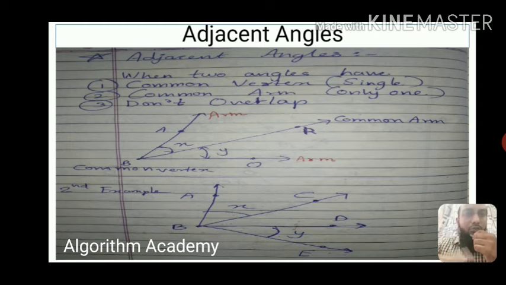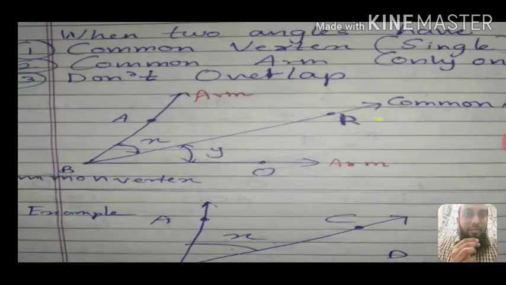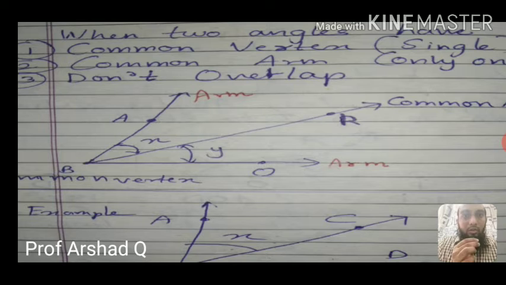एक दूसरे के आजू बाजू में है वो, और एक ही एंगल दो पार्ट में डिवाइड हो रहा है. As you can see here, there is an angle ABO, or you can also see it as angle x and angle y. So angle x and angle y, actually they are divided into two parts.